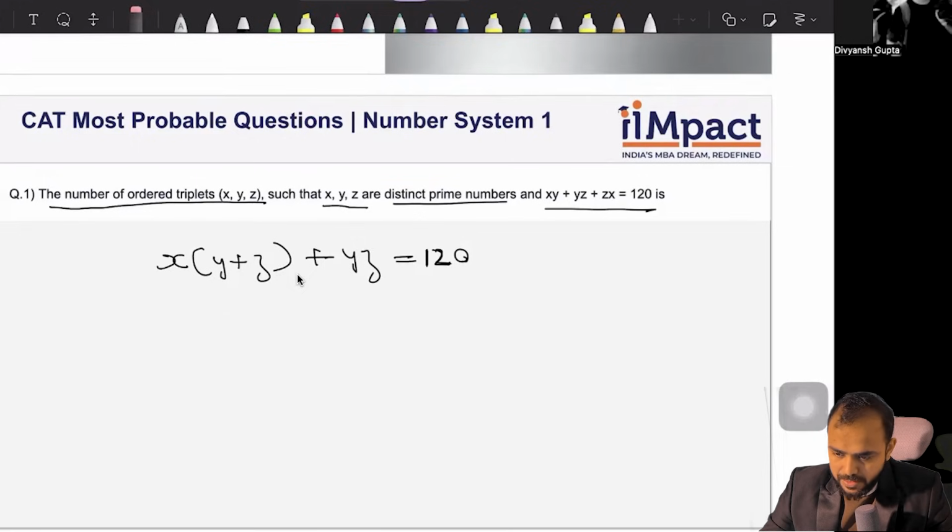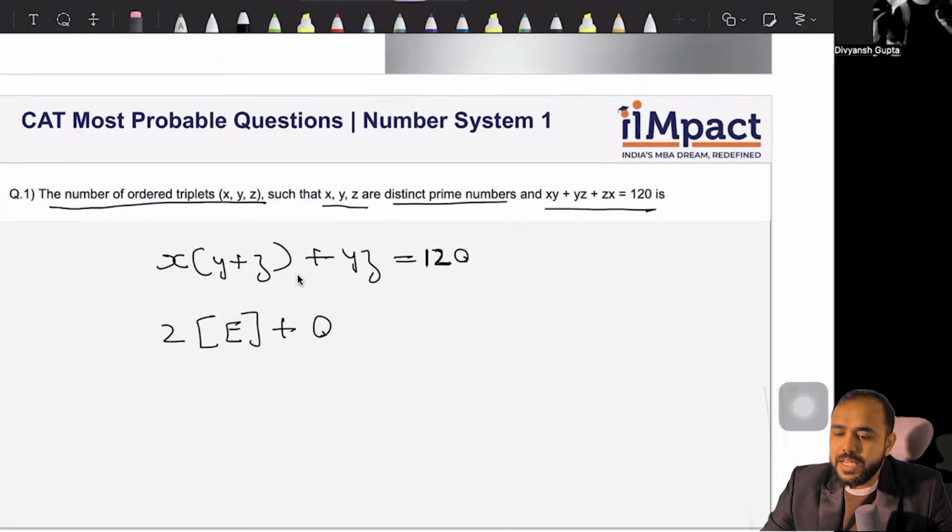If we put x as 2, we will get 2 into (odd plus odd). Rest of the prime numbers all are odd. So odd plus odd, that is even, plus odd into odd, that is odd. So you will get even plus odd is equal to 120, which is again not possible, because 2 into even will be even, plus odd will be odd. So x cannot be equal to 2, which means let us put one of the other ones